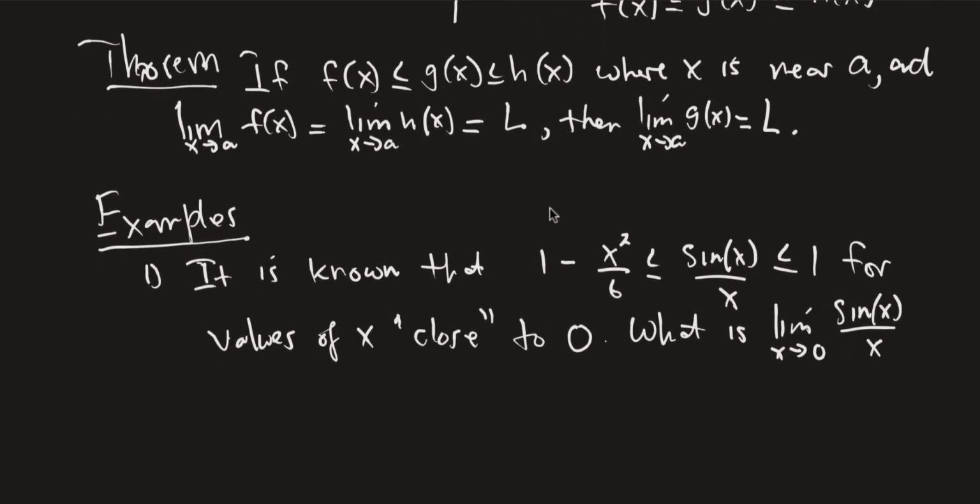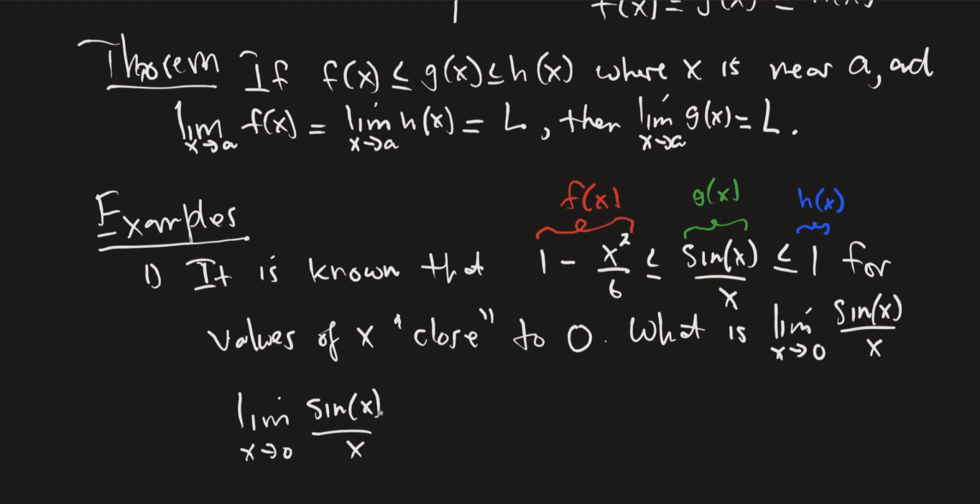So in this case, if you wanted to label it, this was the lower function, the f of x, and this constant here is our upper function. This would be our h of x, and then the one that's stuck in the middle based on the inequality, this is my g of x, and that's the limit that we want to find, right? But let's say we didn't know this inequality, and I just gave you this limit and I asked you to compute it,